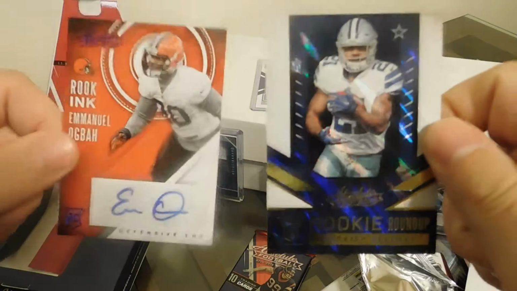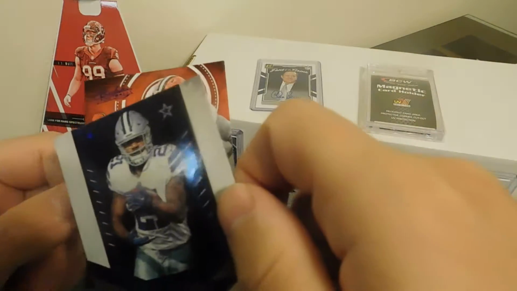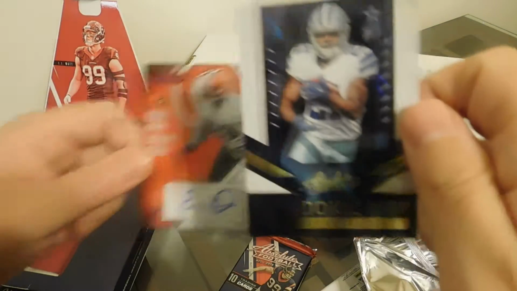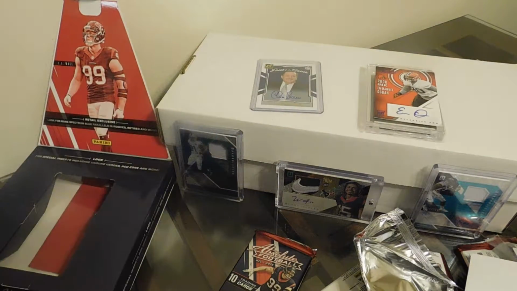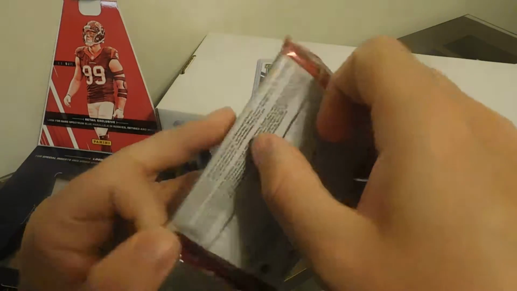which one of these would you rather have the sticker auto on? I'm going to go with Zeke here. I don't know if that's like dirty or part of the design of the card, but it's cool to pull a Zeke. And like I said, again, just pounding in there, it's only $20 for this, but as you